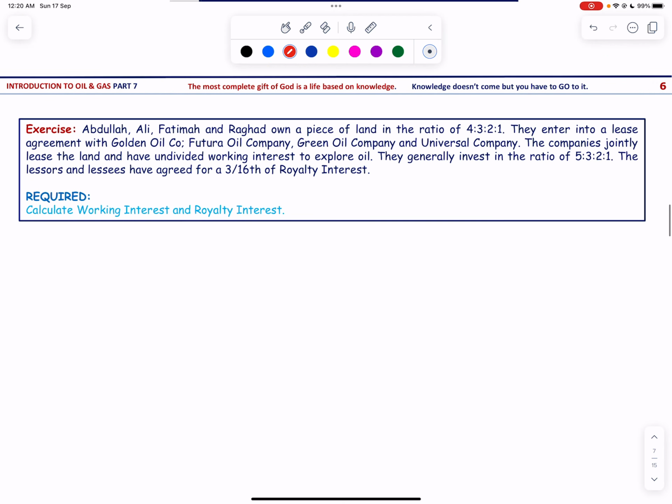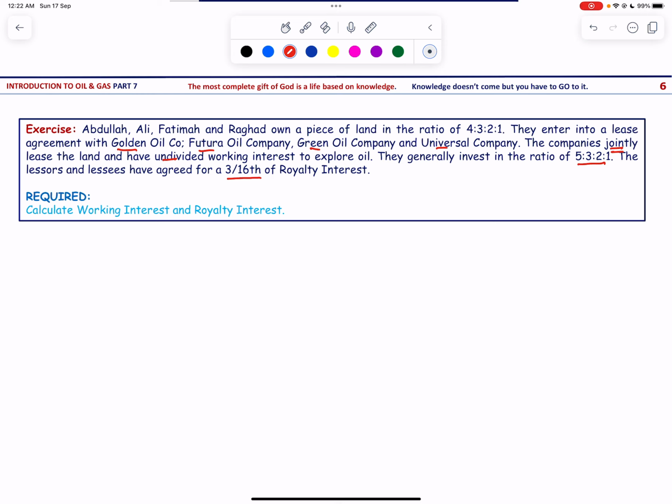Let us solve another exercise. Now Abdullah, Ali, Fatima and Ragad own a piece of land in the ratio of 4:3:2:1. They enter into a lease agreement with Golden, Futura, Green and Universal Company. The companies jointly lease the land and have undivided working interest to explore oil. They generally invest in the ratio of this. The lessors and lessees have agreed for a 3/16 of royalty interest, and we are required to calculate working interest